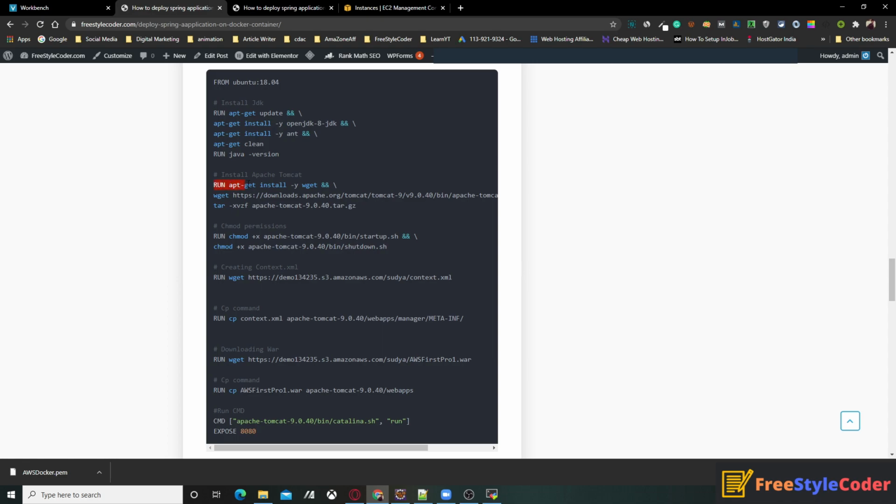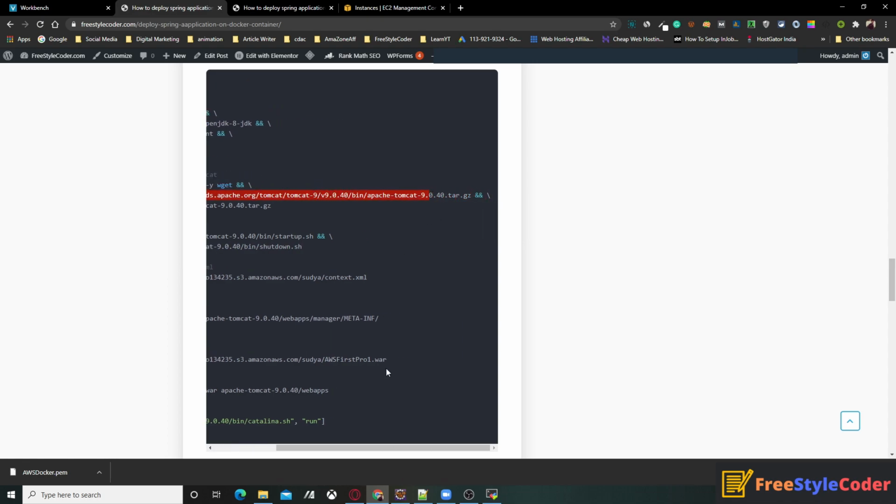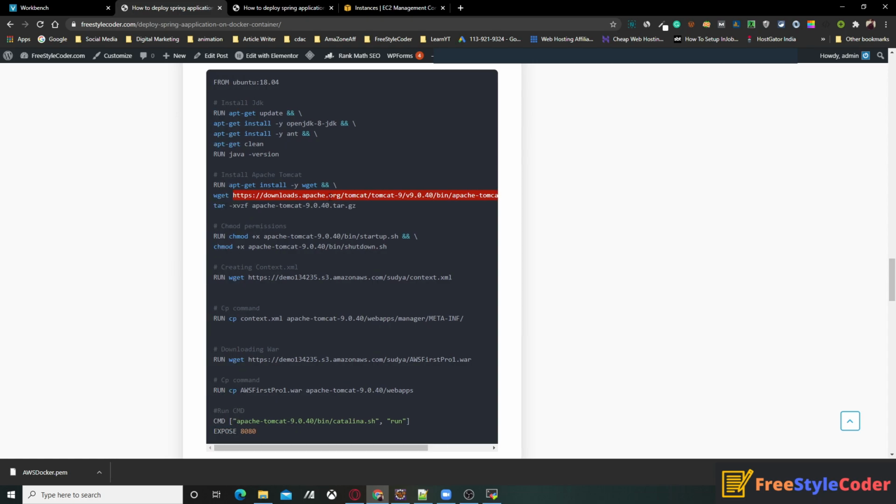So for that, first we install the wget command. Wget is like software which downloads anything from a link. Suppose I provide some link to wget, it will download that file. For downloading that we have to install wget, because here we are using the Ubuntu 18.04 image for our containerization, for our Docker image.